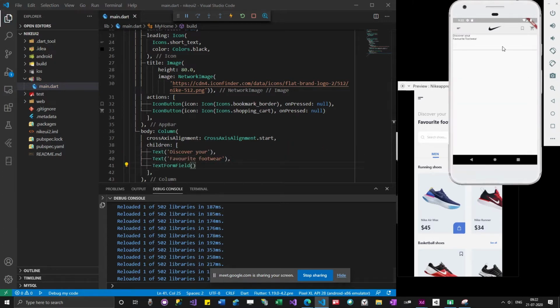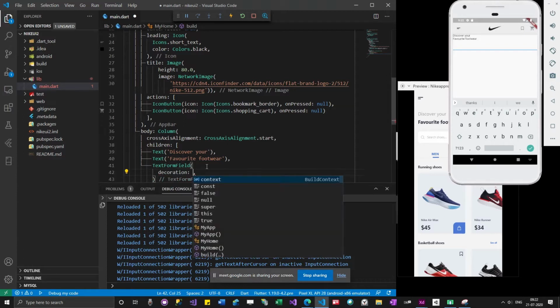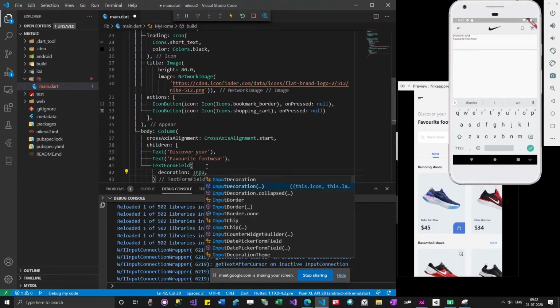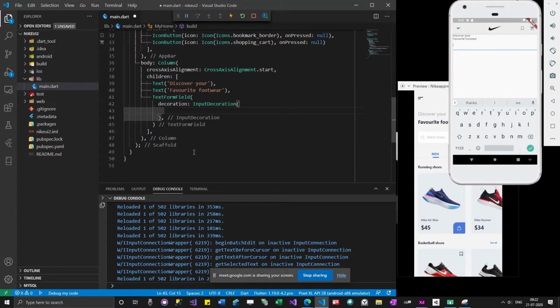So I have added some text field over here. It doesn't have any style now, so let me add some decoration to it.